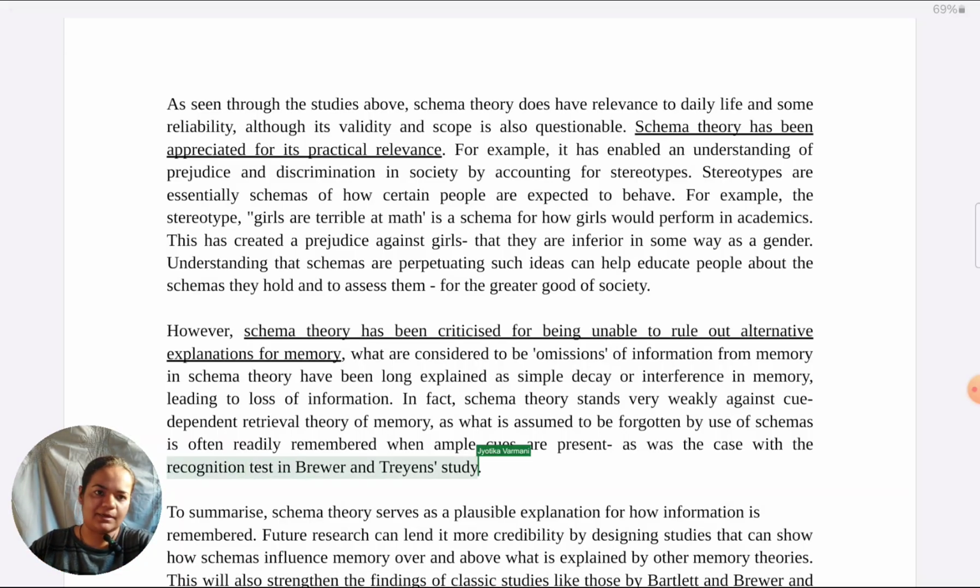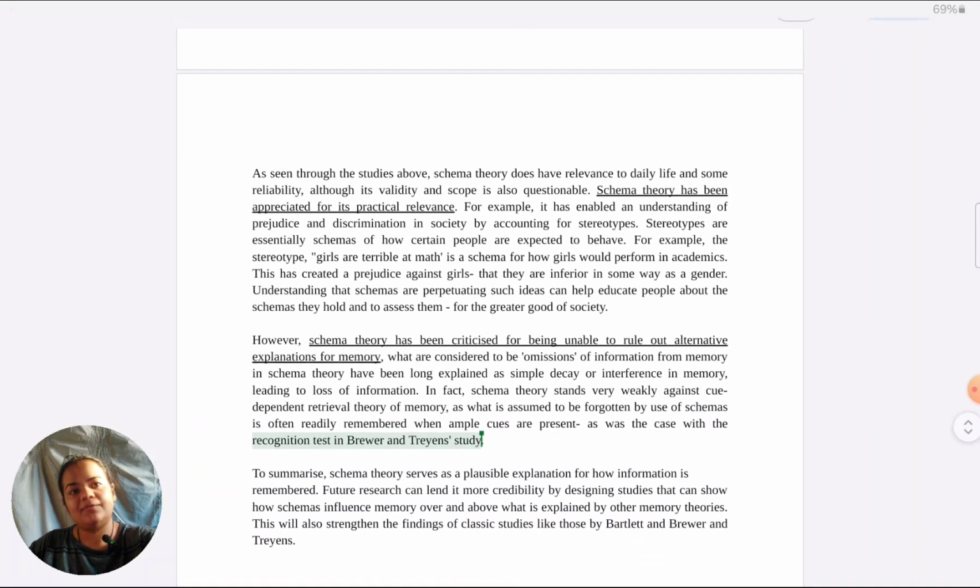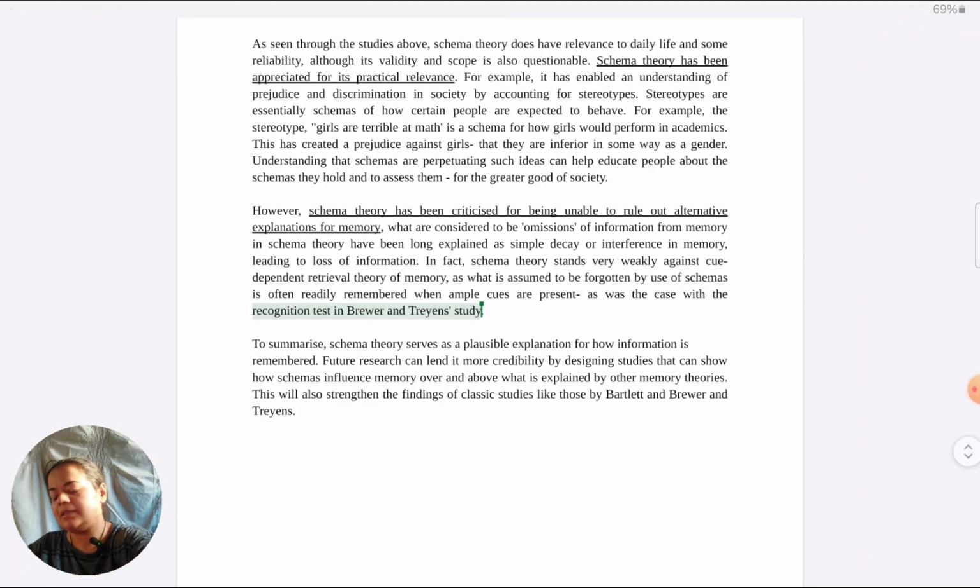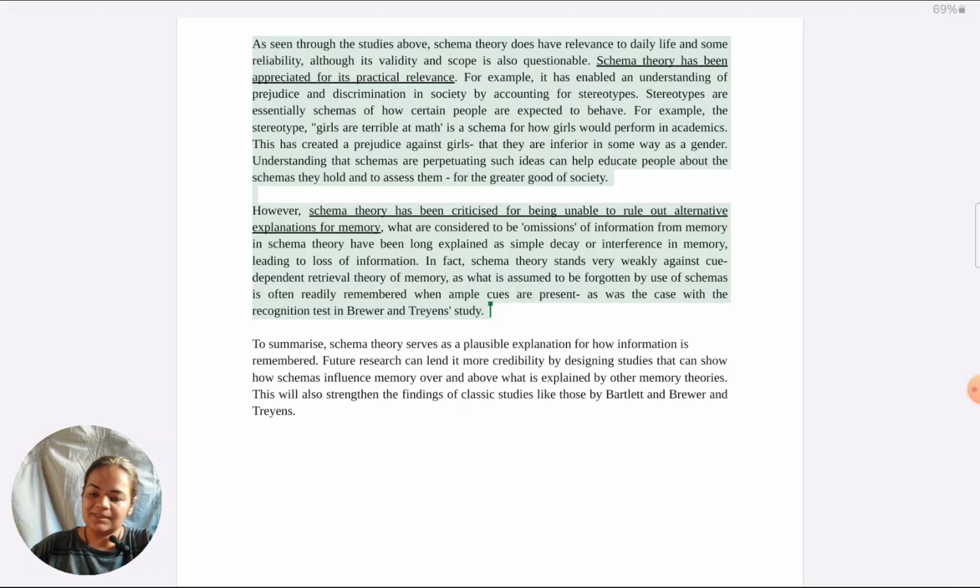So these two paragraphs which we have just seen, both are evidence of solid critical thinking meeting the requirements of a discuss question. They are showing how discussion should be done of the theory in question, because it's not discuss studies done on schema. In fact, discuss doesn't come for studies. Discuss schema theories. So this is solid critical thinking about schema theory as a whole. Very much required for a discuss question. And it's also a balanced perspective.